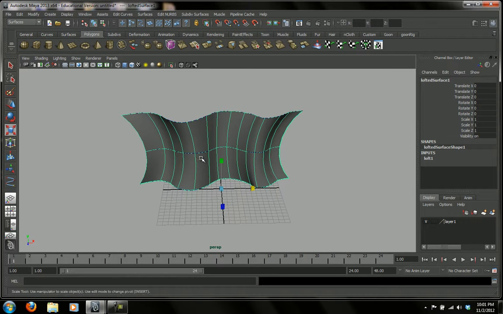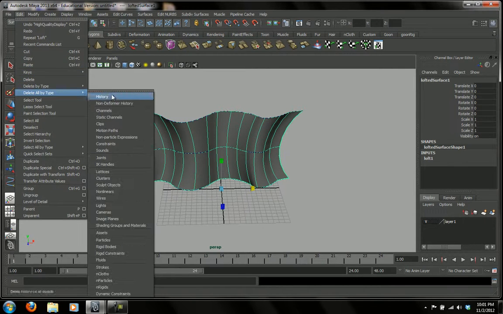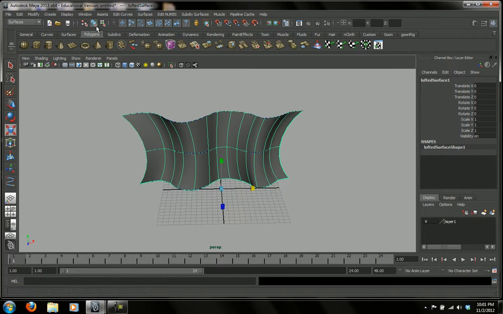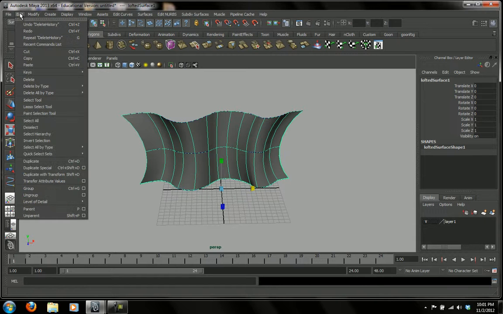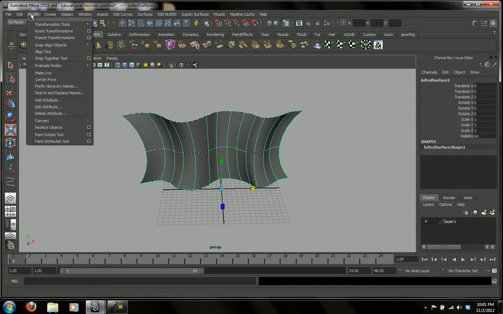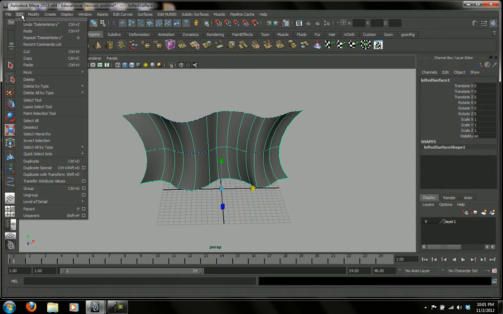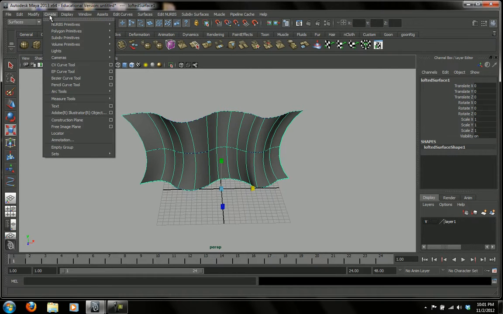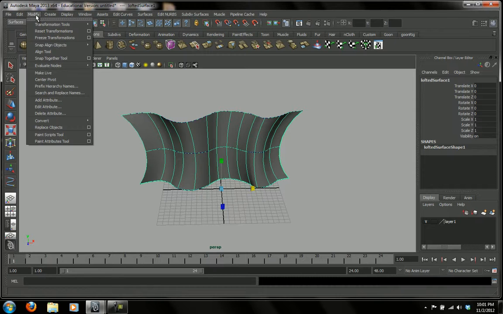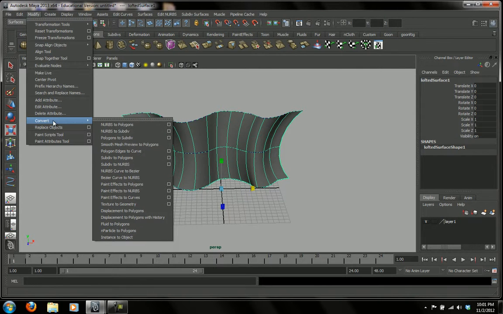If I wanted to convert this, well, first of all, let's go to edit and delete history there, and then I'm going to, where is that? Is it modify? I believe it is modify, and oh gosh, where is that? I always forget where this stuff is. Convert. Where did you go? Oh, there it is. It is under modify, down to the bottom here, and you want to go NURB to